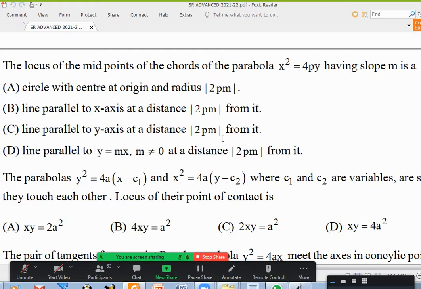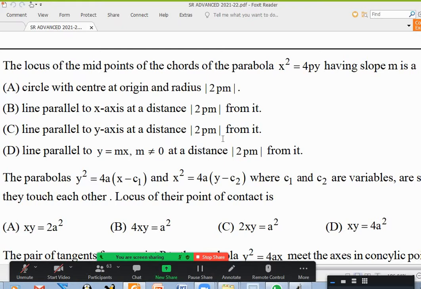Okay, 43. We have a parabola. There are a lot of chords with slope m. They all have some midpoints. Of course, my figure is not so nice. If you join all of them, unless you draw properly, it may not look like a horizontal line, but it will be a line parallel to the axis. But anyway, we'll not assume it, we'll try to prove it.